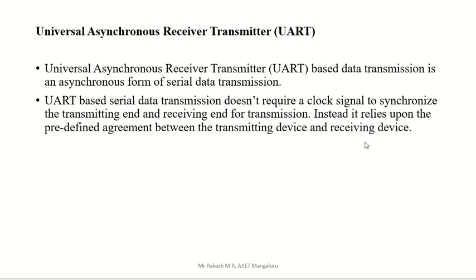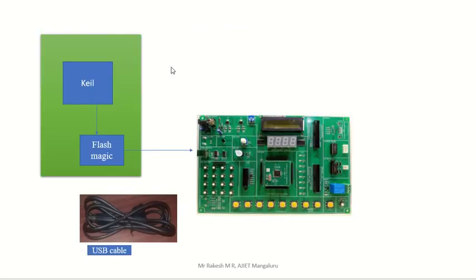Let us go for the basic thing about experiment number 9. Here we are using two software in our computer. One is Keil and one is FlashMagic. These are the two software required for our experiment. We have to install Keil software and FlashMagic software in our computer, and we have to write code in our Keil software,